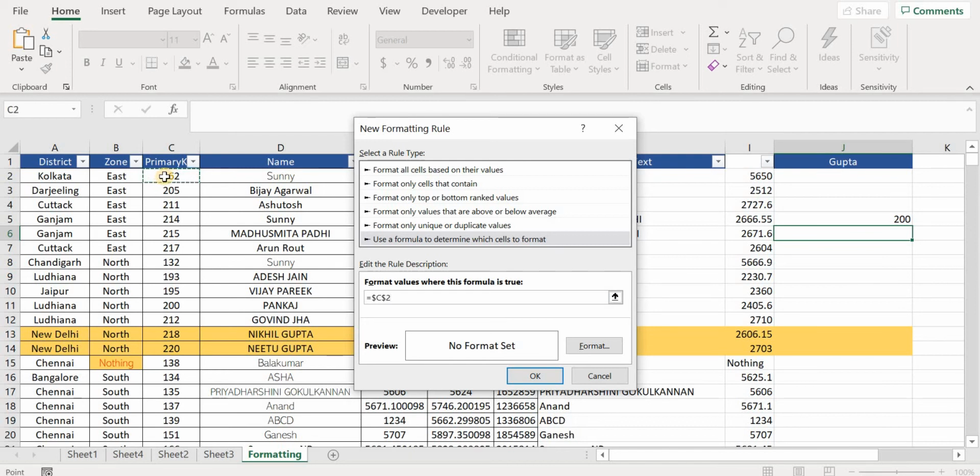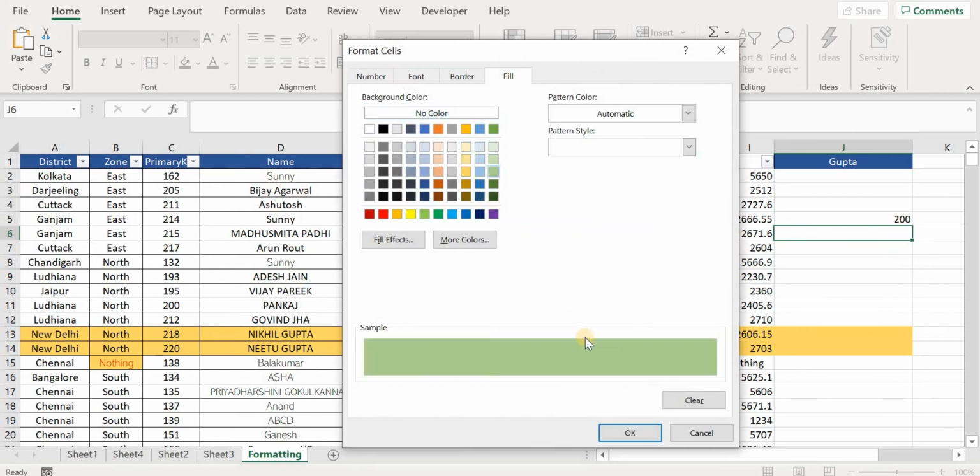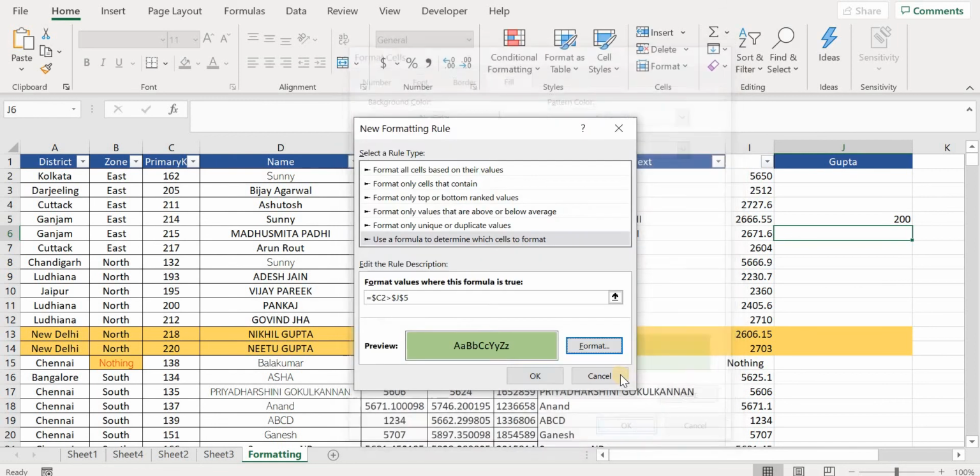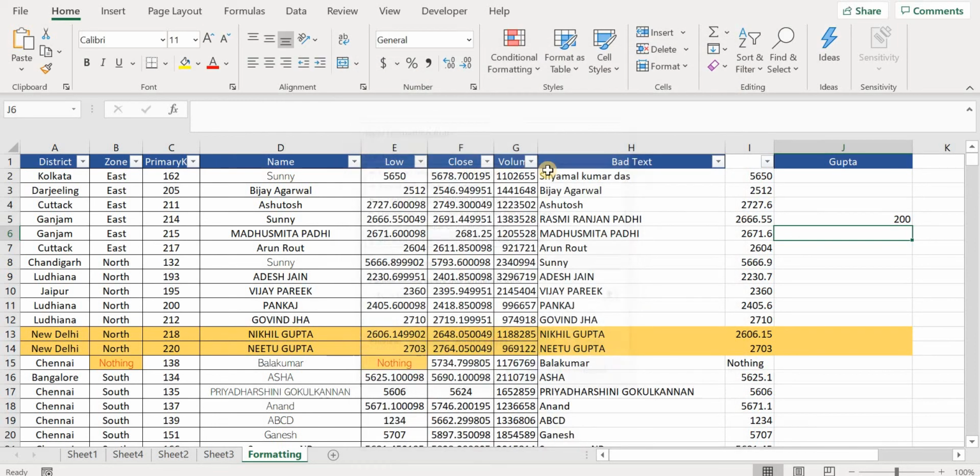Press the F4 button to remove the dollar sign, you have to press it twice. If C2 is greater than, come here. It has taken the dollar by default. Come to format, say green, and press OK.